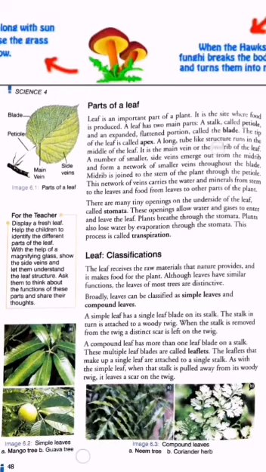A long tube-like structure runs in the middle of the leaf. It's a tube-like structure which runs over the center of the leaf, and that is known as the main vein, or you can say midrib. It's easy to remember that it is the main vein, present at the middle of the leaf. That is why it is also known as the midrib of the leaf.